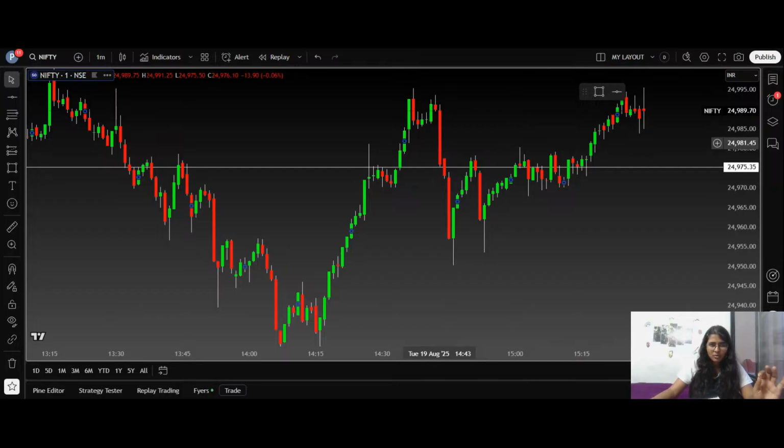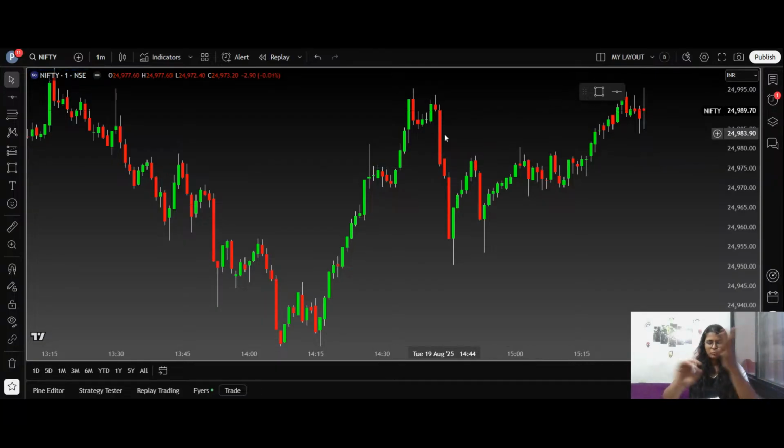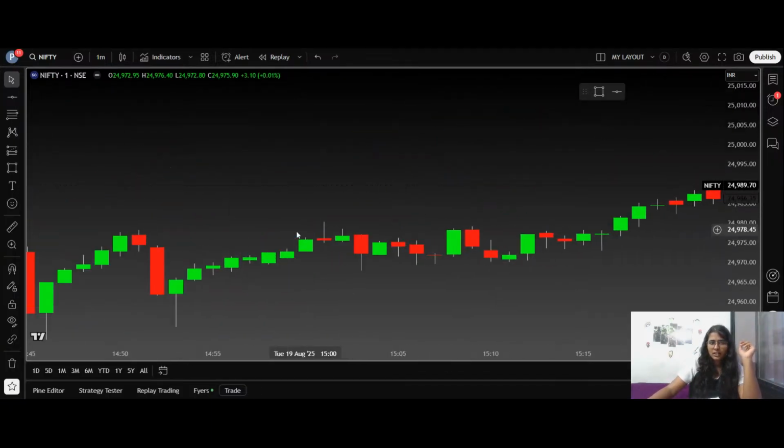24990. No, I'm sorry. The low of this candle is 24975.5. Okay. So what we see: open, high, low, and the close price. The close price is the price at which the period ended. Simple. So if we see this single candle,